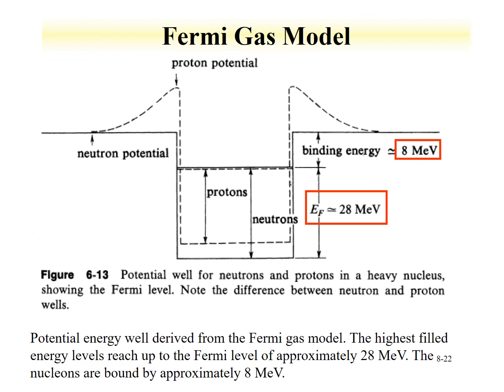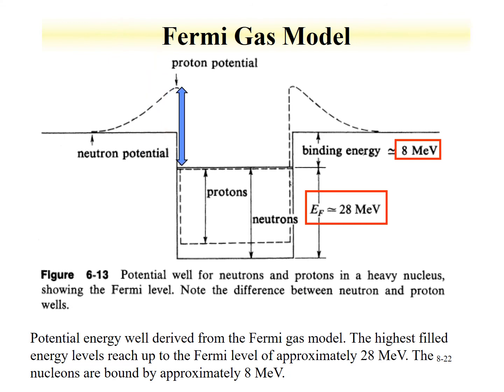Here's an example of the potential from the Fermi gas model. We see there's a few components. There's a proton edge, shown here in the dashed line, and then a neutron edge, which is more of a step function. There's obviously a difference in the potentials, and that comes into play with the model describing why neutrons tend to be emitted during de-excitation as opposed to protons. This difference in the binding energy, this 8 MeV for a neutron versus a value that would be much larger for a proton, is held within